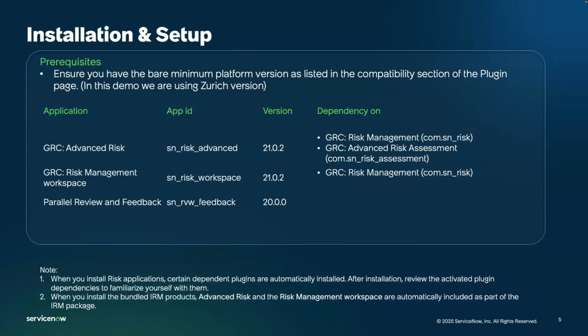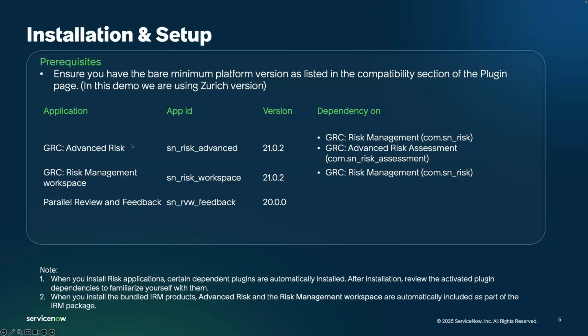This slide outlines the crucial prerequisites and dependencies needed to successfully install and set up the advanced risk application. This is the critical first step to ensure a smooth deployment. The first and foremost important prerequisite is to ensure the platform meets the minimum version requirement. For this demo, we'll be using the Zurich version, but we highly recommend you read through the complete release notes, and most importantly, the compatibility section on the ServiceNow store for each plugin or the documentation before